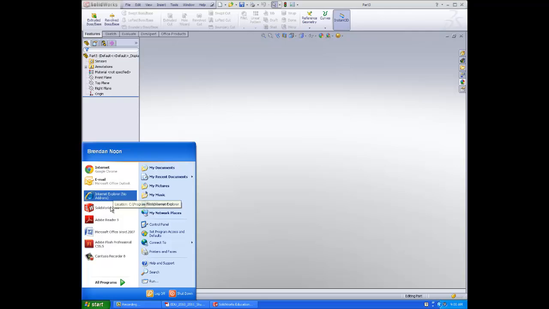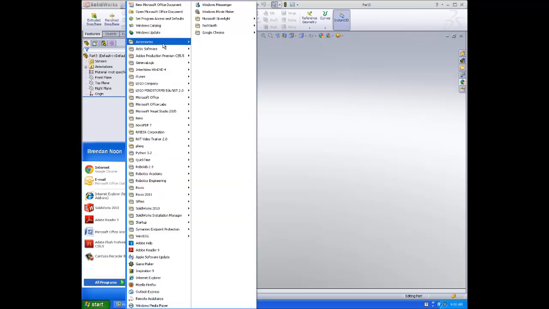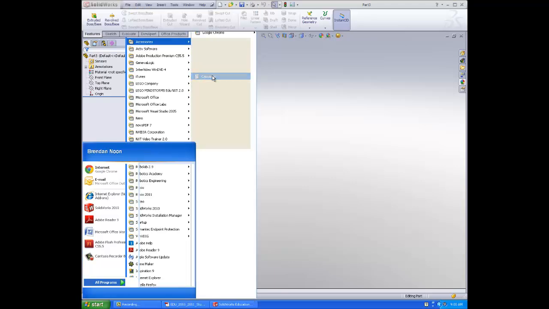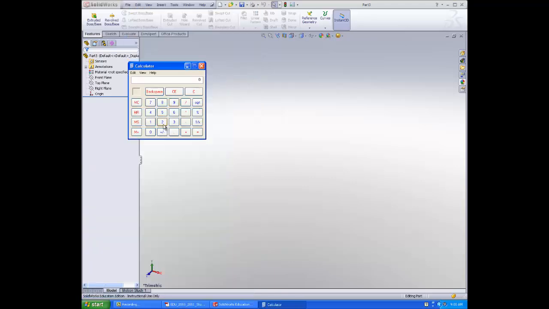Because we need a whole 25 CDs. Open up the calculator real quick. And we'll do the math, which would be 25 times 2, which easily is 50. So that's 50 millimeters